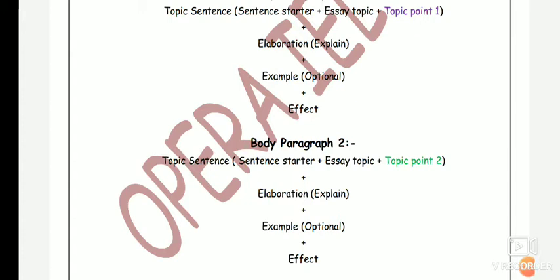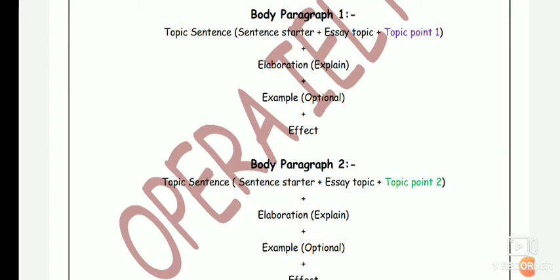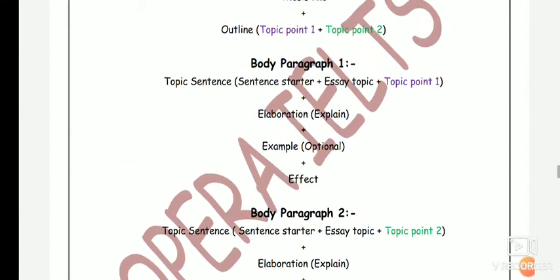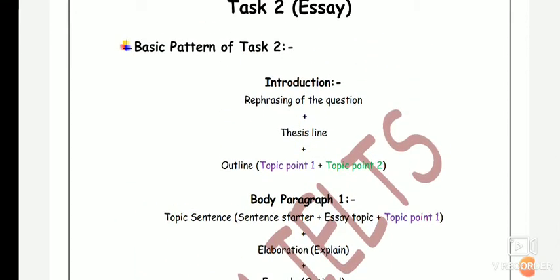The paragraph pattern would be the same, but you have to explain from the second point of view. Like first we described the vehicles, then you can describe the factories, as they are also causing pollution, or any other reason if you can imagine. Okay, so till this point we have written the introduction with the 3 points in it.